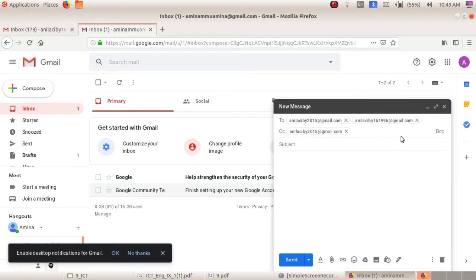But if you use blind carbon copy, blind means cannot see. Blind carbon copy means nobody can know to how many people or to whom this same message is forwarded.